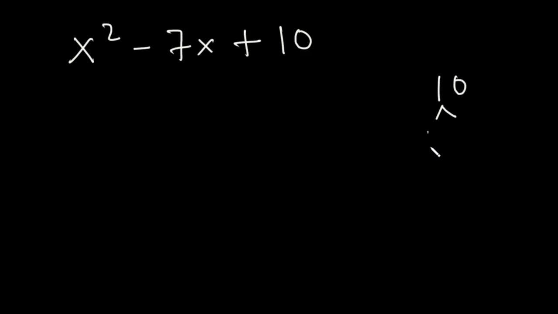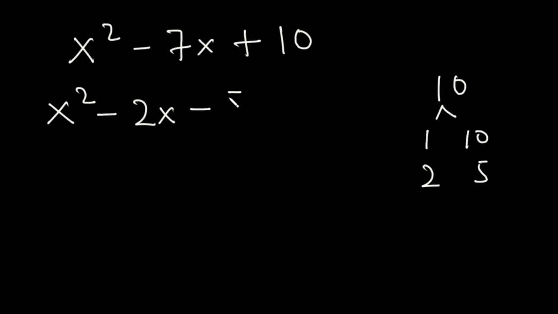Let's factorize x squared minus 7x plus 10. Factors of 10 are 1 and 10, and then 2 and 5. Now negative 2 minus 5 is equal to negative 7. So we can use 2 and 5. So we can expand this expression to have x squared minus 2x minus 5x plus 10. So grouping like terms,